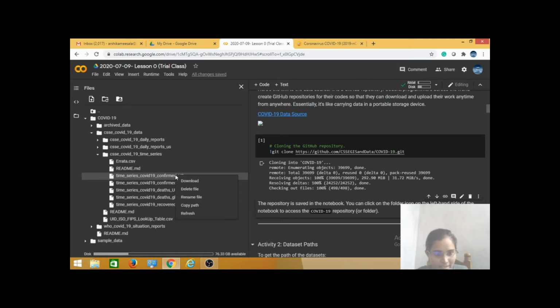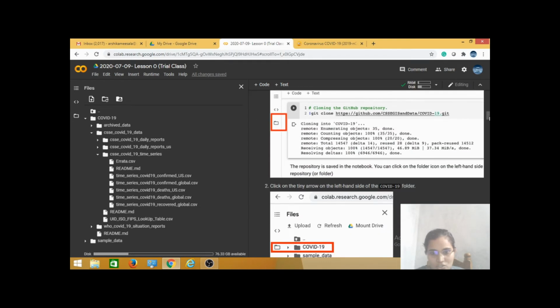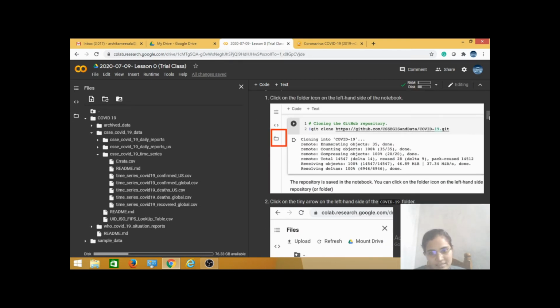Right click and copy the path. Where you want, you can paste it in a code cell or text cell. But here I already copied it, so I'm not going to copy anywhere. I already did this process. We need to copy the path for all these .csv files, each and every CSV file, and paste those paths into your code cell or text cell.